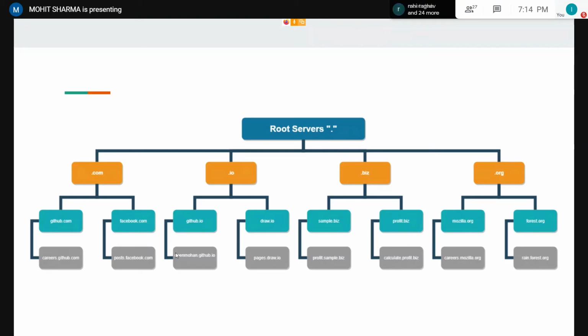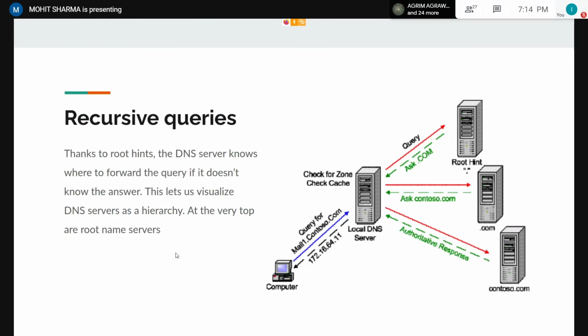So to understand how recursive queries work, let's for the moment assume that you send a request to a local DNS server, and this DNS server is unable to find a record in its local cache and it directly queries the root server. Now, the hostname that you're looking for needs to be broken up into subparts.